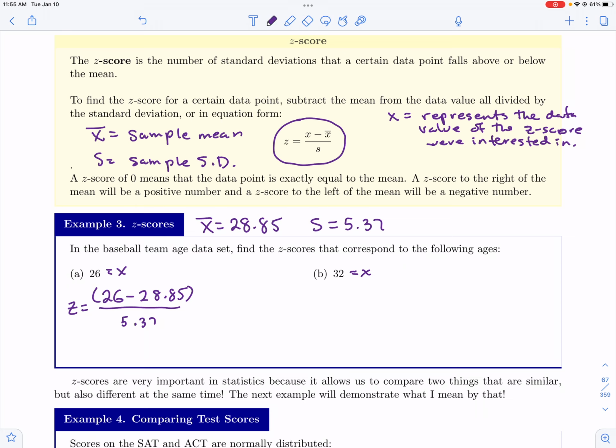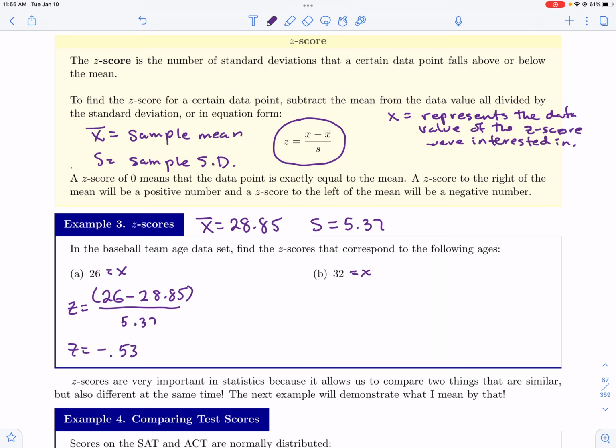And so I put parentheses around this just in case you're typing this in the calculator. If you do it in one step, you want to make sure you put parentheses around the top and then divide by that 5.37. Or you could do it as two separate steps: do 26 minus 28.85, hit enter, and then divide by 5.37, in which case you don't technically need the parentheses. But if you use the parentheses, we'd want to put them in at the same time. And so I got negative 0.53